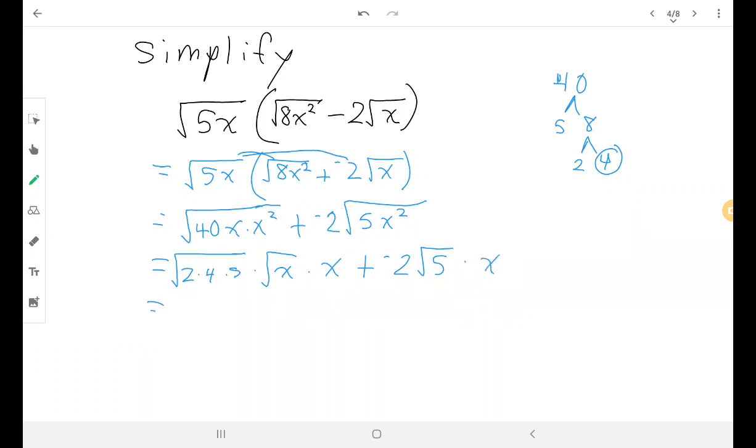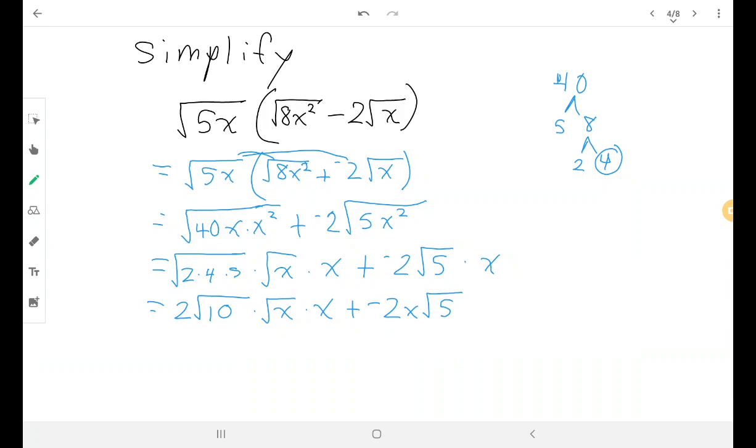So now square root of 4 is 2, so I'll pull that 2 out, times the square root of 2 times 5, which I can't do anything with, so I'll just multiply them back together and get 10, times square root of x times x, plus negative 2 times x will be negative 2x times the square root of 5,